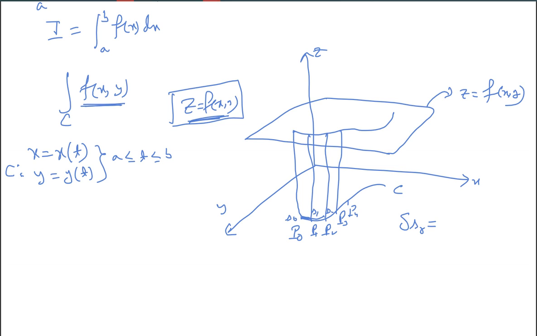So delta S_r is equal to S_r minus S_{r-1}. This is the delta S_r. And if I consider delta is equal to the maximum of this curve length, delta S_0, delta S_1, delta S_2 like this, if I consider the maximum of this, then here we define